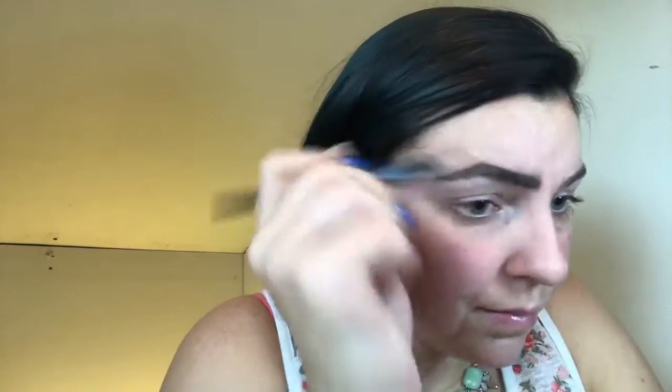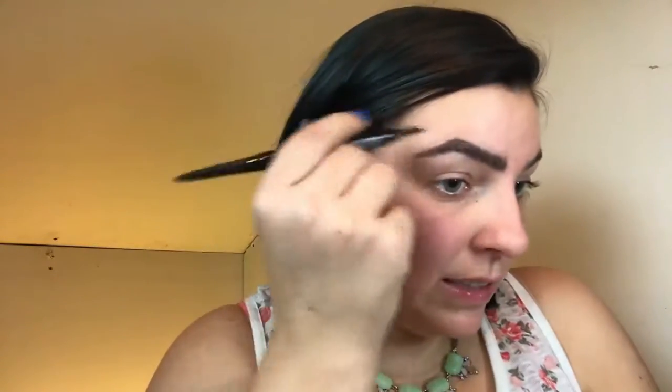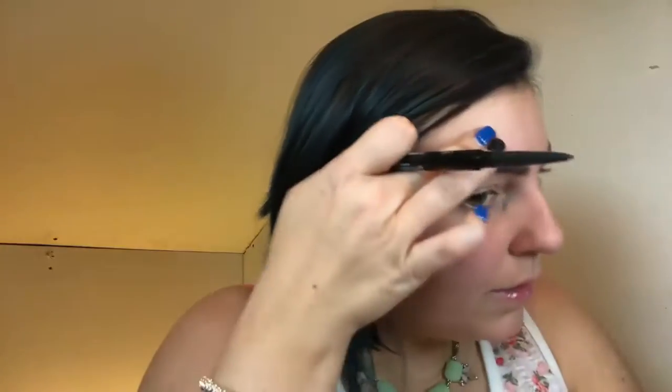I will say that it glides on real nicely. It's not like tugging, but it doesn't feel super waxy and it doesn't look super waxy. So I really do like this. This is pretty nice. I'm not the best at doing my eyebrows, but I actually think it looks pretty good. Just gotta clean it up with some concealer and we'll be good to go. So I'm gonna go ahead and do the other eye off camera and then come back and we will work